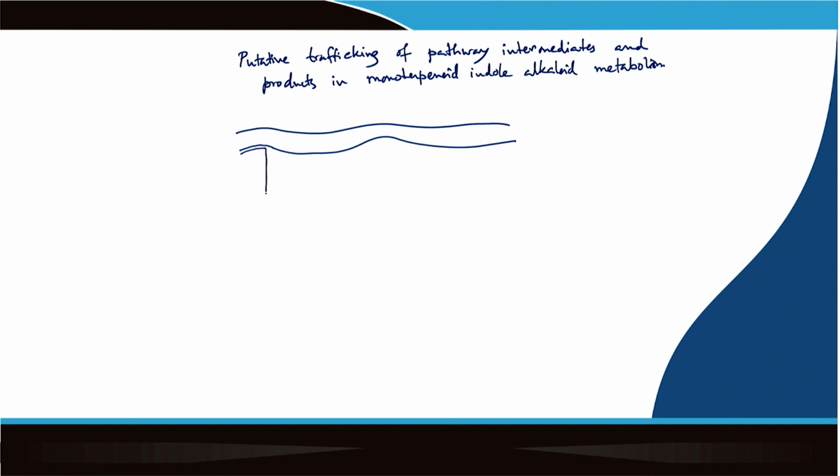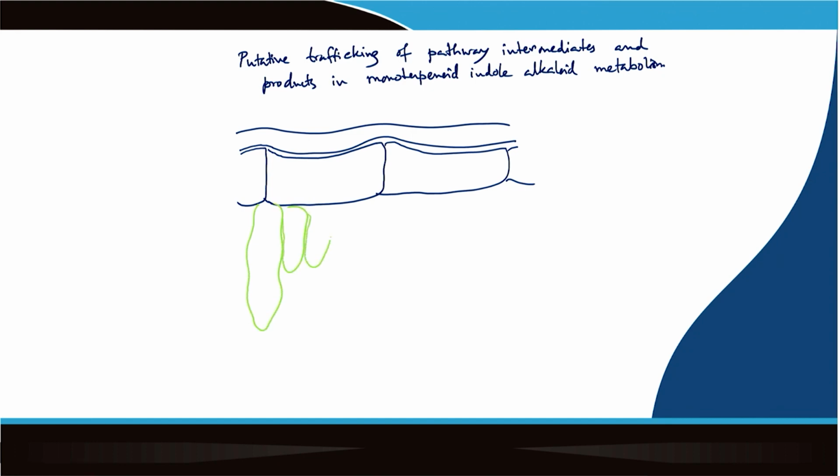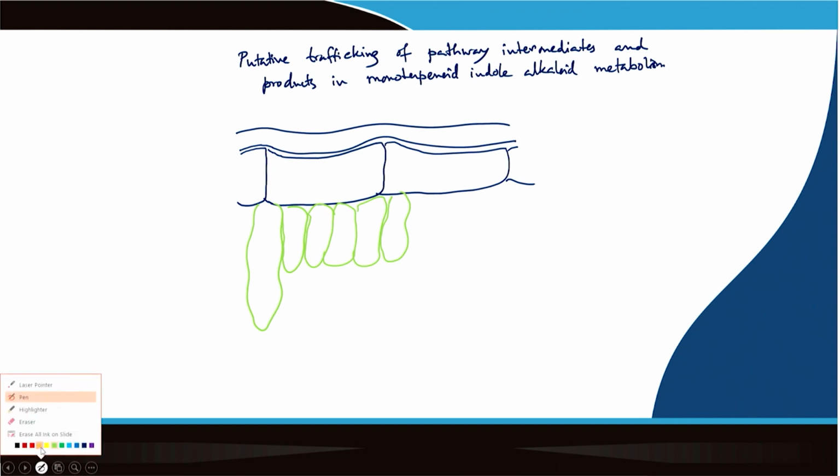So, epidermis consists of epidermal cells, then you have the palisade parenchyma, and then one of these you will have the palisade idioblast, and